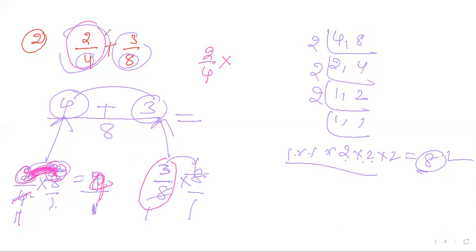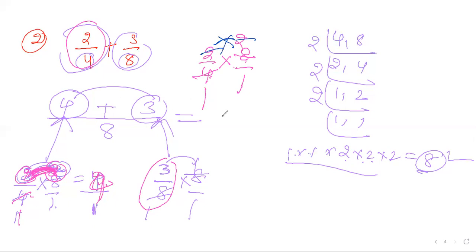Once again I'm telling, 2 by 4 is there, into 8 by 1. You don't cancel numerator with numerator. You have to cancel numerator with denominator. You don't cancel like this. Numerator you multiply, denominator you multiply, and numerator with denominator you cancel. 2 twos are 4. So 4 by 1.